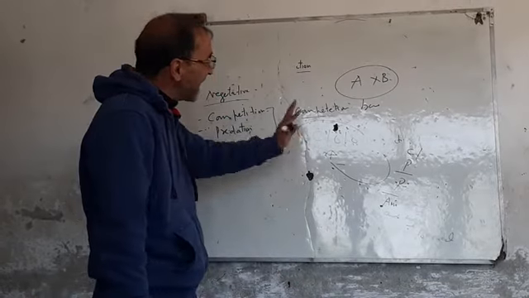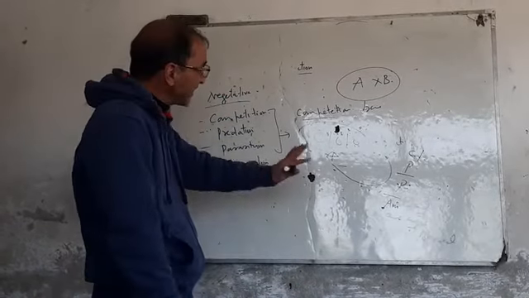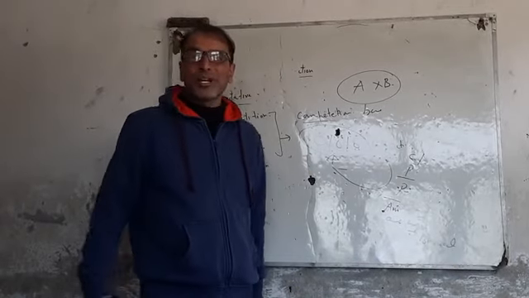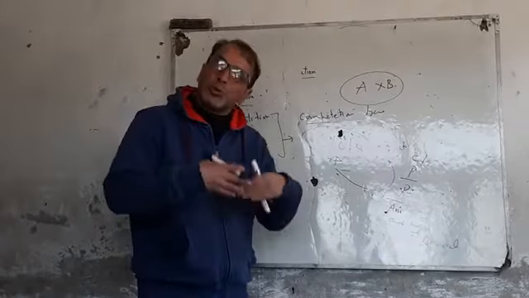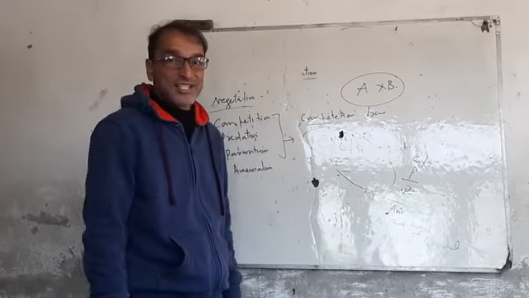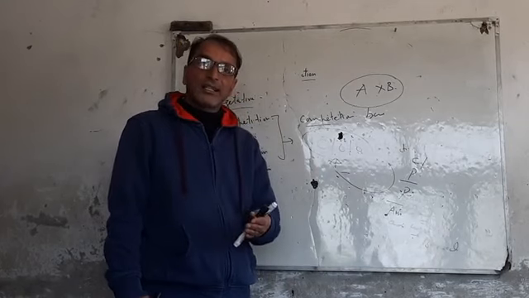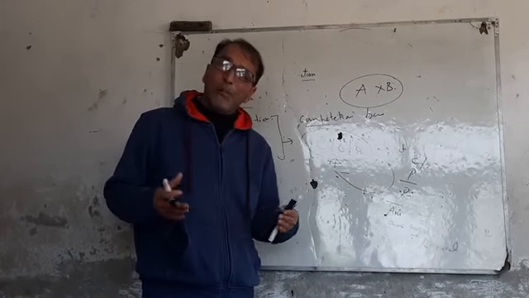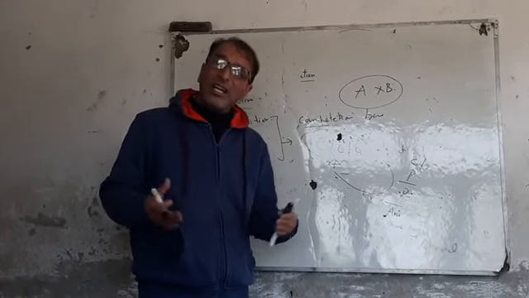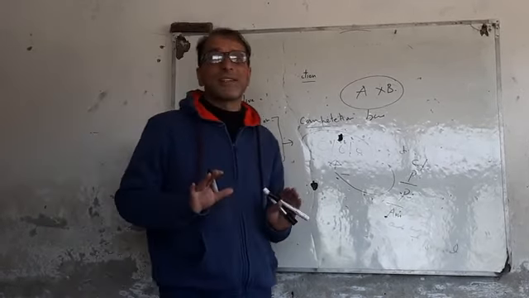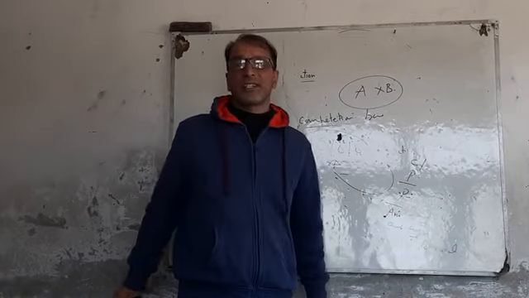But this is not entirely true. What is not entirely true? That the competition for a limited resource of food is only between two closely related species. No, this is not true. Because we have seen examples where competition is also between totally unrelated species. Totally unrelated species do show competition.